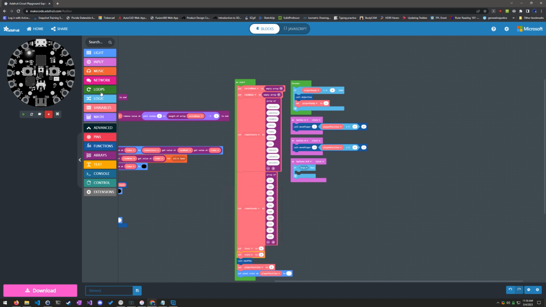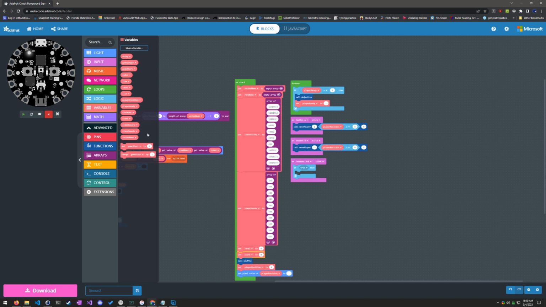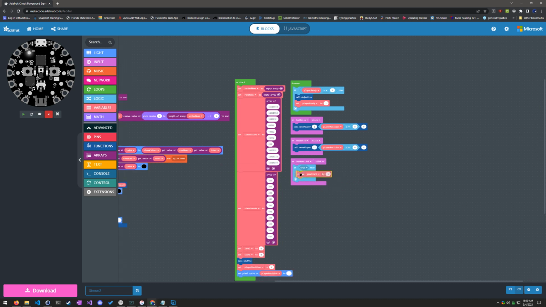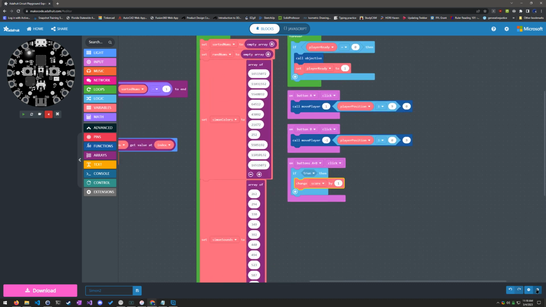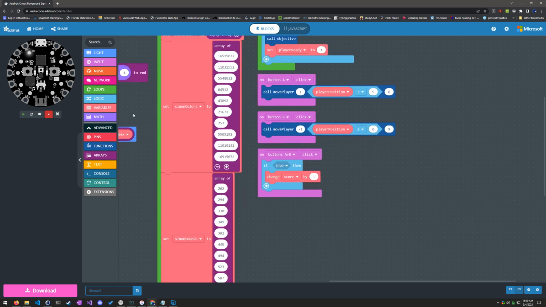And if we're right, we're going to increase score by 1. Change score by 1. And how are we going to know if we're right? So we're checking the randoms is what we're doing. So if we pressed A and B,